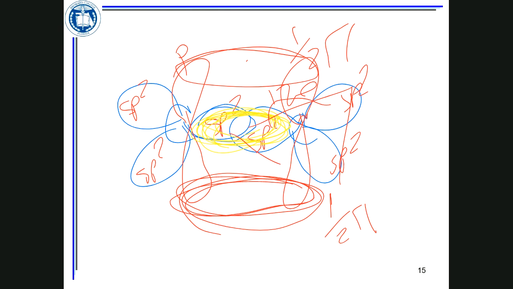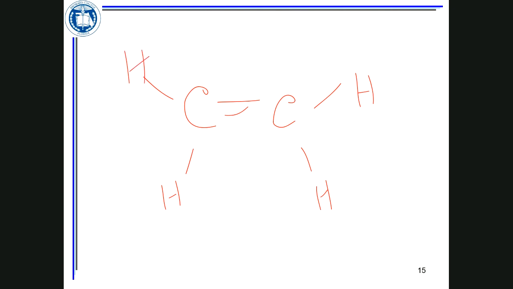And the number of the pi bonds that you have. So if you have a molecule of ethylene, hybridization for this carbon is going to be sp2. Why is it sp2? Because it has one double bond, or it has three sigma bonds and one pi bond. In any way that you remember better, it's good with me.